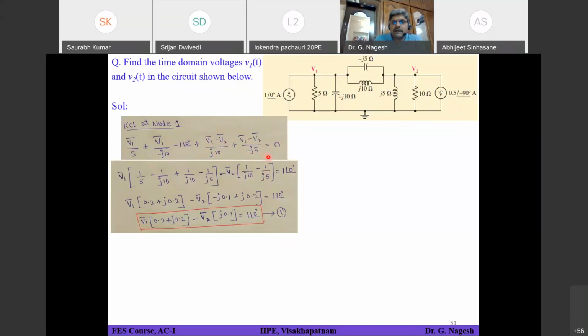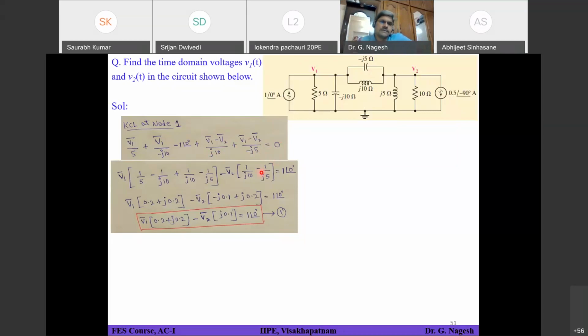So if you simplify that, then in the next equivalent circuit you will have only one term. That parallel branch will not be there. Only one impedance will be there. So straight away V1 minus V2 divided by minus j10 equals 0. That's all, there ends your equation. Since I have considered two different currents for the two branches, that is the reason I am getting 5 terms in my expression.